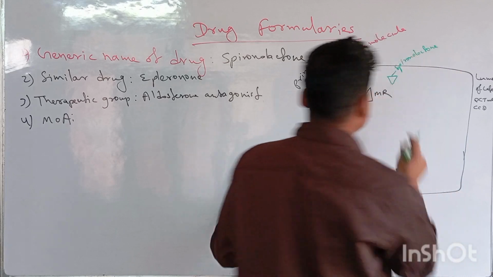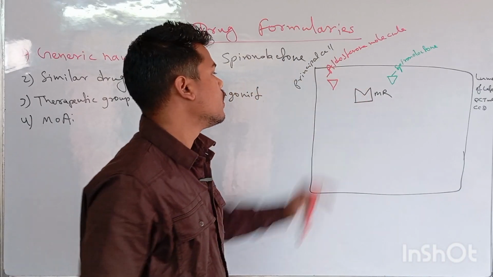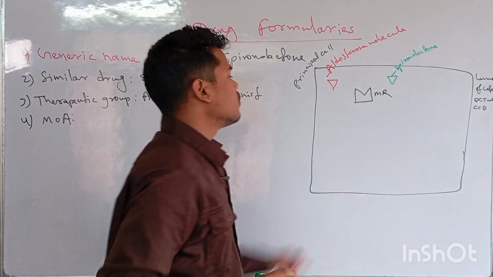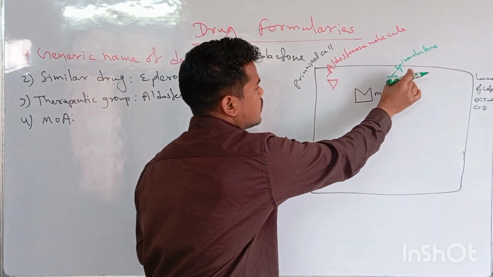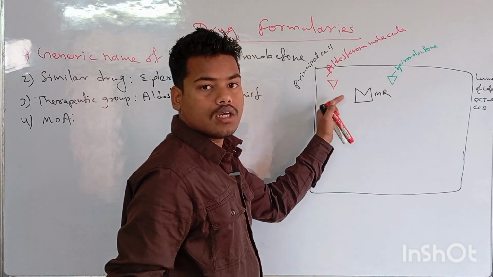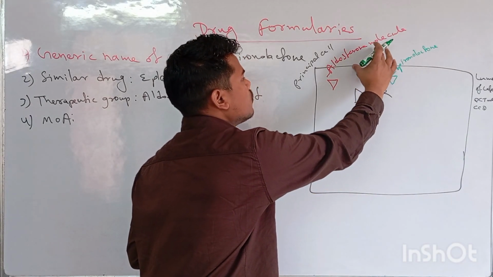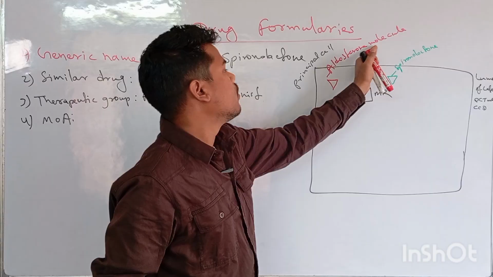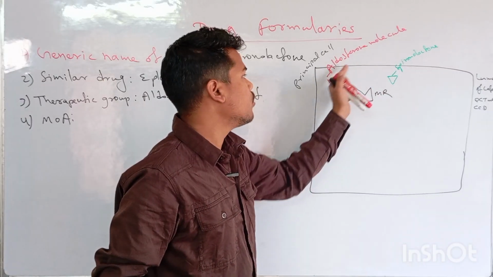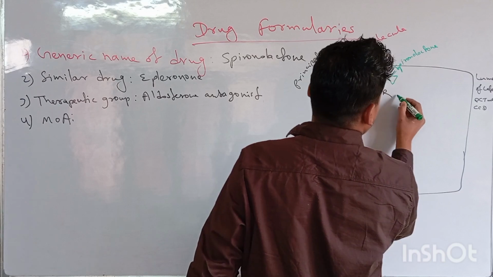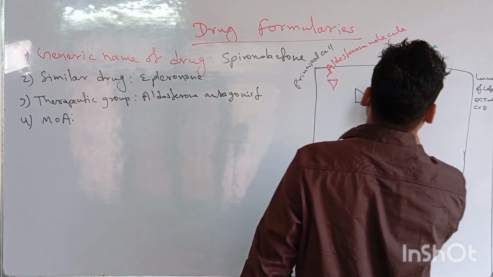Due to the similar structure, both will compete for the binding. If spironolactone is present, it will replace the binding of aldosterone and reverse the whole mechanism of aldosterone. How? Let's suppose it is bound by spironolactone,